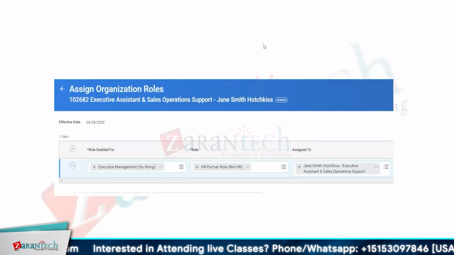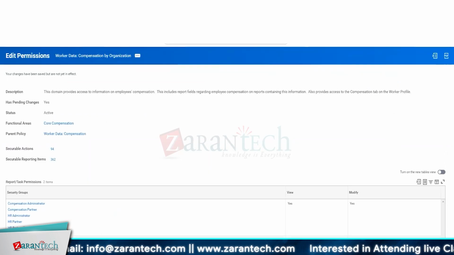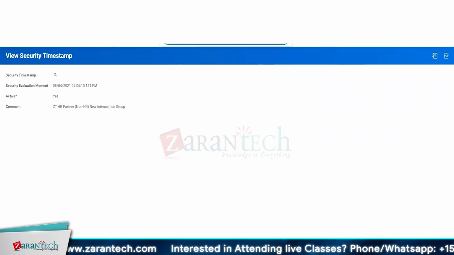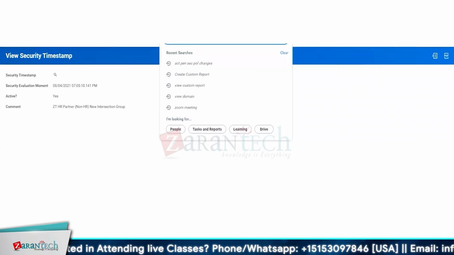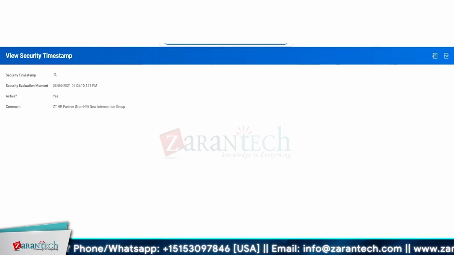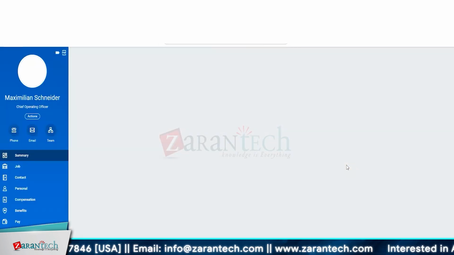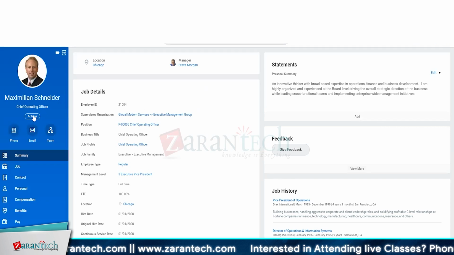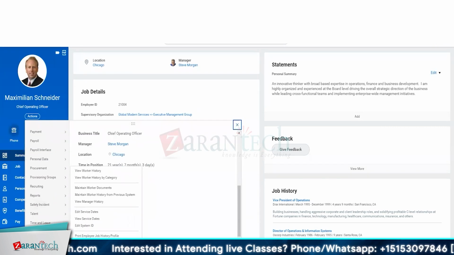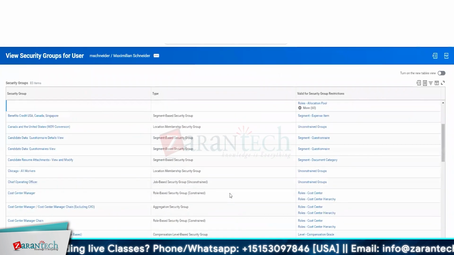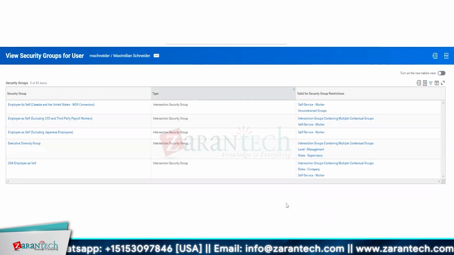Maximilian Schneider. So we need to go to assign roles. So let us go to Maximilian's organization. He's the Chief Operations Officer, and let's look at his security group. So he has executive diversity group, employee self, employee self. So he doesn't have any kind of HR partner roles existing on his account,